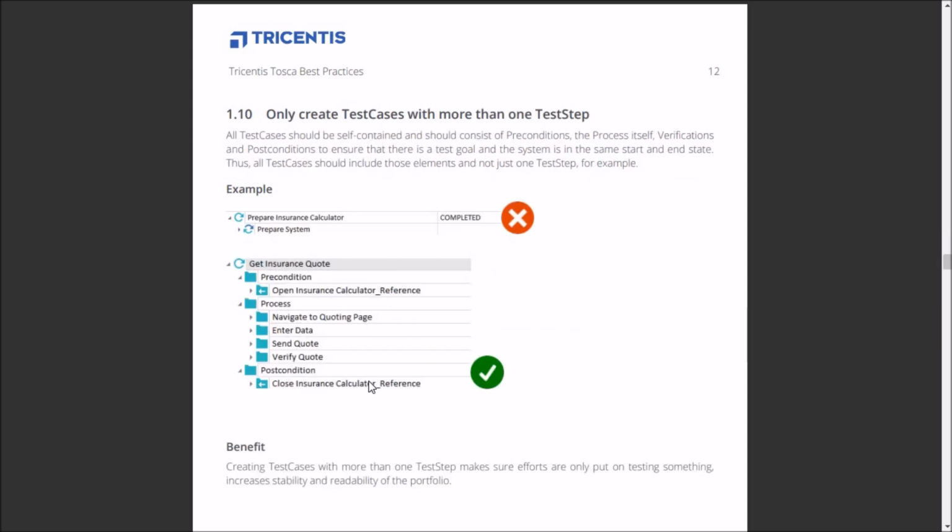So the 10th best practice is to only create test cases with more than one test step. Make sure that you are creating a test case for more than one step. Instead of validating a functional thing, like whether this page is present or not for this URL, you can go with the end-to-end approach or user